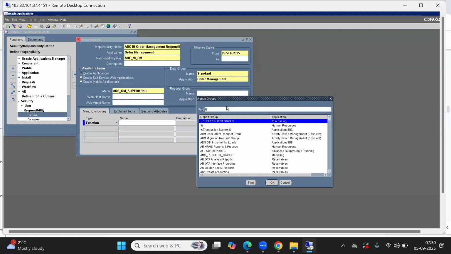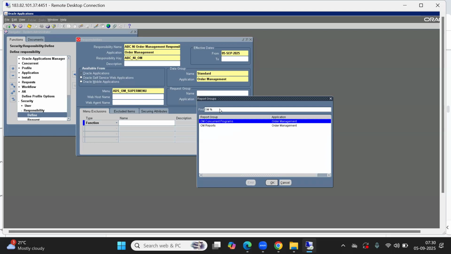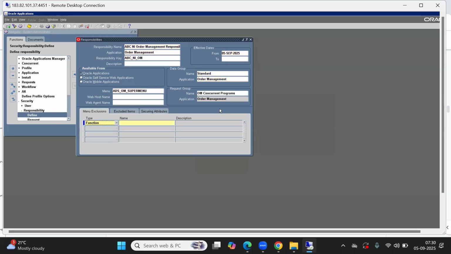Here it is OM concurrent. If you don't know, just type with the module name like order management. Okay, fine. So now we have